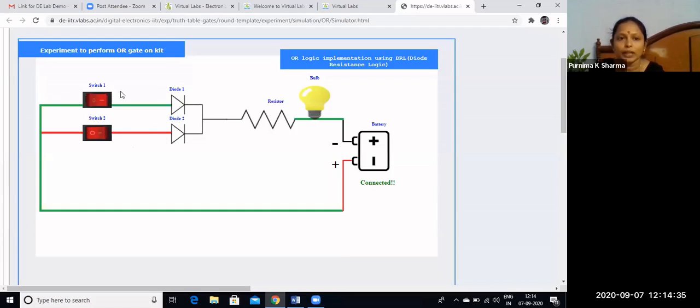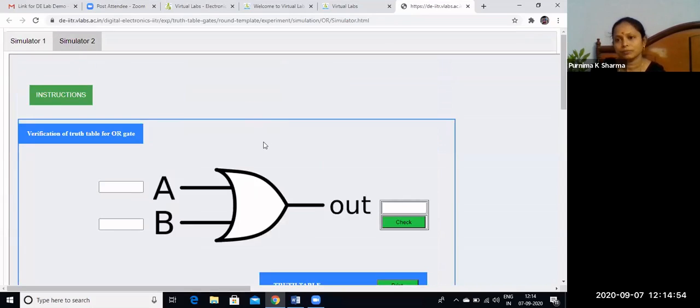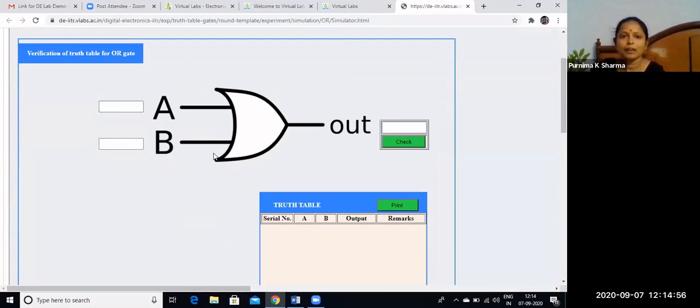Anyway, we have a connection between switch 1 and the bulb through the resistor. So if either of these two is 1, then we'll get the bulb on at the output. This is about the OR gate. Simulator 2, you know this well. We can verify the truth table of the OR gate from here.